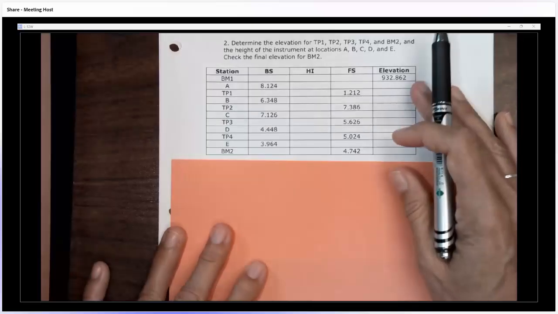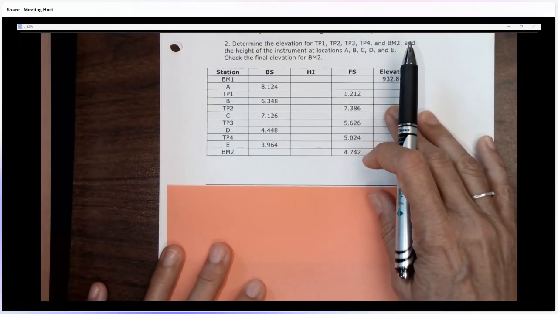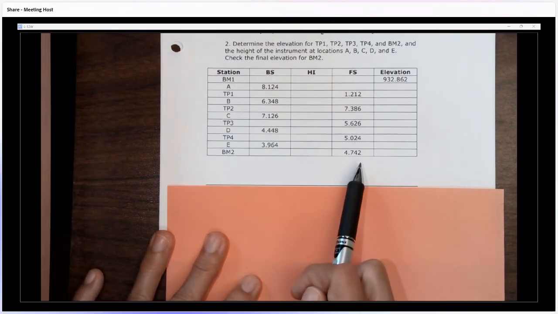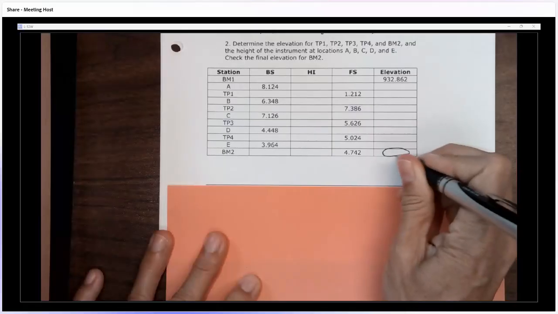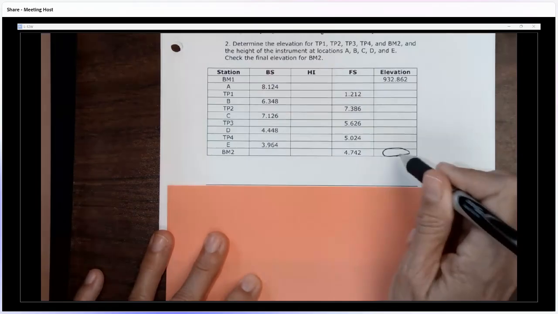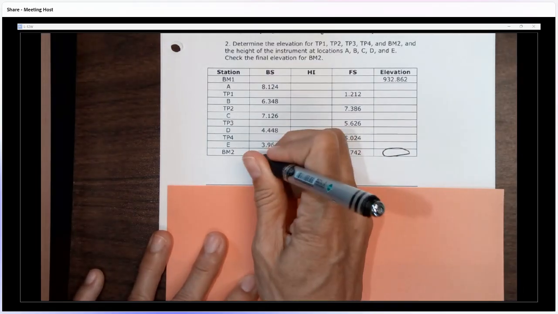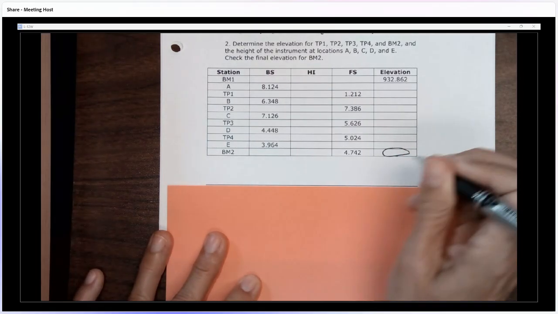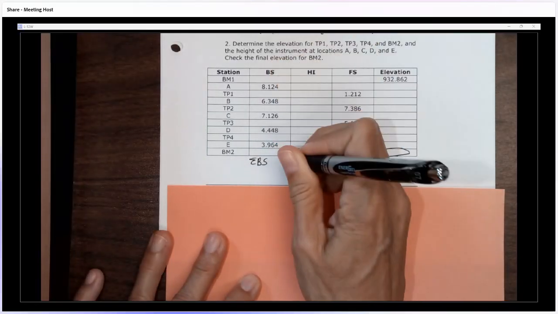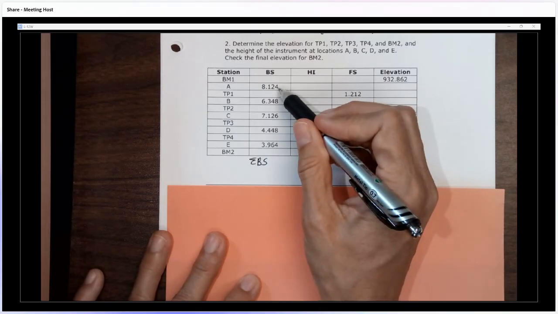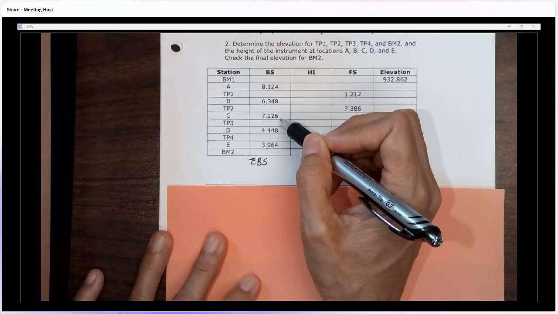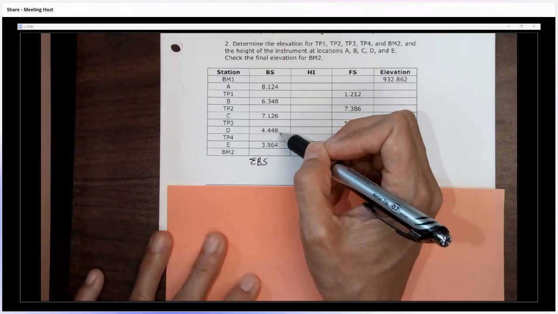So I'm going to do this one the way I did the last example, which is start with the end in mind: sum up my back sights and foresights and find that elevation, and then go through, find my height of the instruments and elevations at each point and make sure I get there in the end. So I can find this final answer, and sometimes that's all you need, by summing my back sights. So I just add that whole column together, 8.124 plus 6.348 plus 7.126 plus 4.448 plus